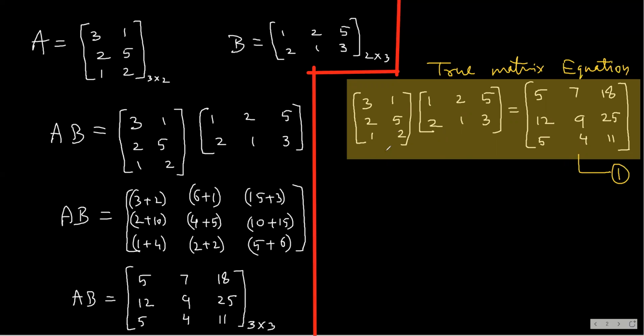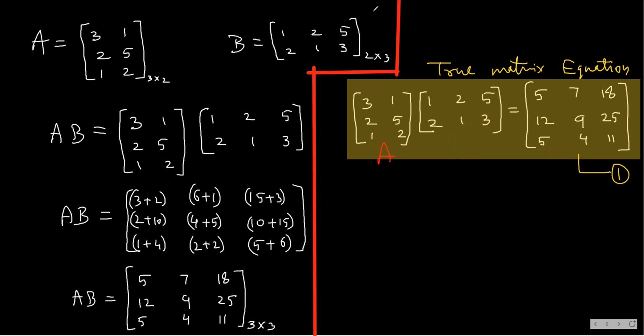Now what you notice is this matrix you called A and this one you called B. So this is matrix AB. The name of this matrix is A, the name of this matrix is B, so the name of this matrix is A into B, that is AB. Now here I will take the liberty of writing this matrix as C. It is just a name. I mean C is AB. What is C? C is nothing but A into B. So let me write the right hand side matrix as C.